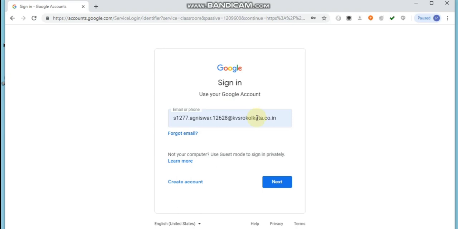There, if he or she is logged in to some other account, then the student will have to log in to his or her own account, using which he is accessing the Google Classroom of the teacher. In this case, the student will log in with their G Suite ID which they have got from their organization.